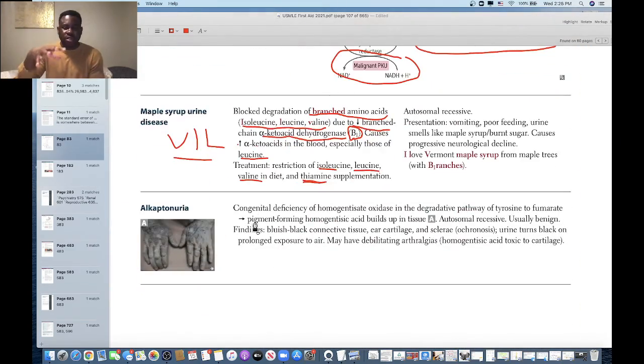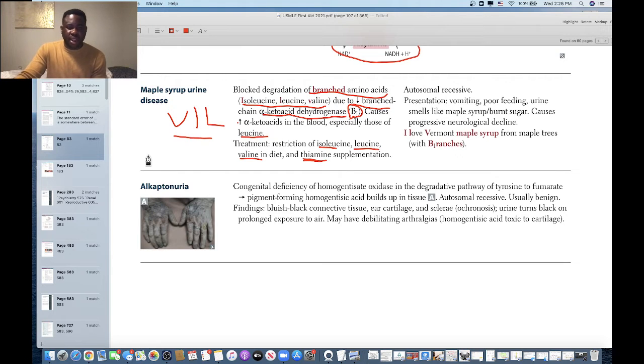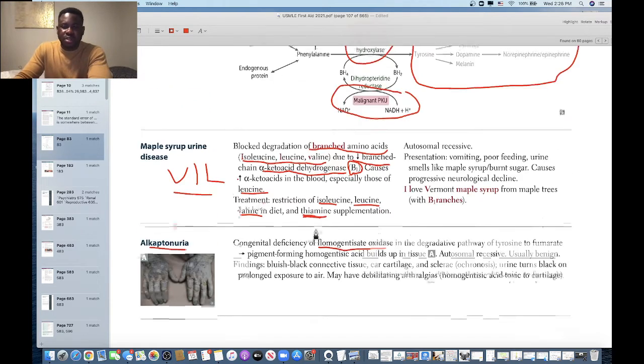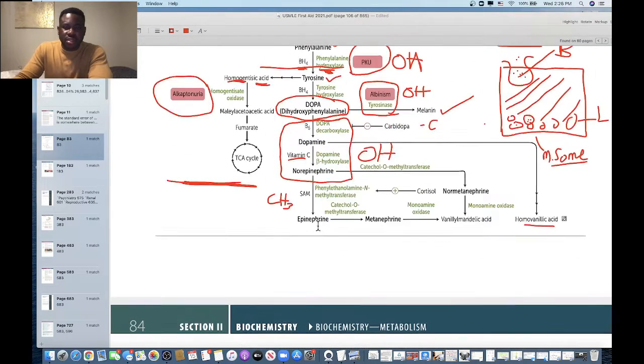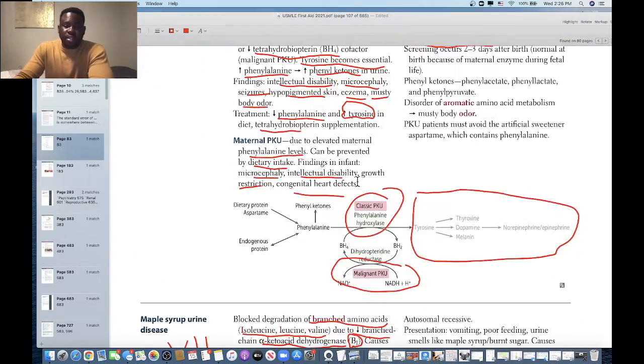So, I used this as my name on Facebook because I was forgetting the whole pathway. I started the USMLE before I came across Alkaptonuria. So I used the name homogentisic Alkaptonuria tyrosine. That is what I did, because we use tyrosine to make homogentisic acid, and then the enzyme is homogentisic oxidase. So my name on Facebook is homogentisic Alkaptonuria tyrosine, and with that name I'm not going to miss this question,